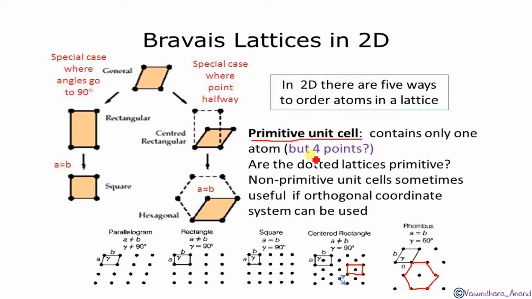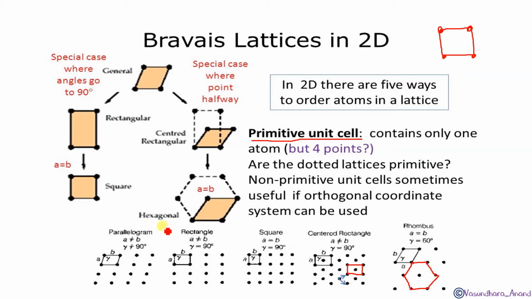So in this case, it is said that the primitive unit cell will be the basic one, that is, in a plane, if you want to draw a lattice, a unit cell, what do you need? You need 4 points, isn't it? 1, 2, 3, 4. At least 4 points are required. Now arrange these 4 points in any way, 90 degree or 60 degree or more than 120 degree, anything you can do, and it will give you the 5 different arrangements. I hope it is clear. Yes. So this is a question over here.